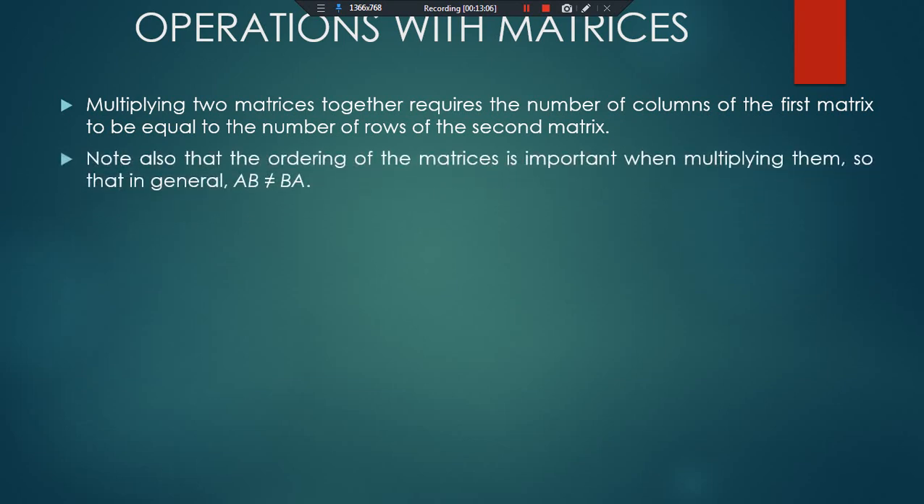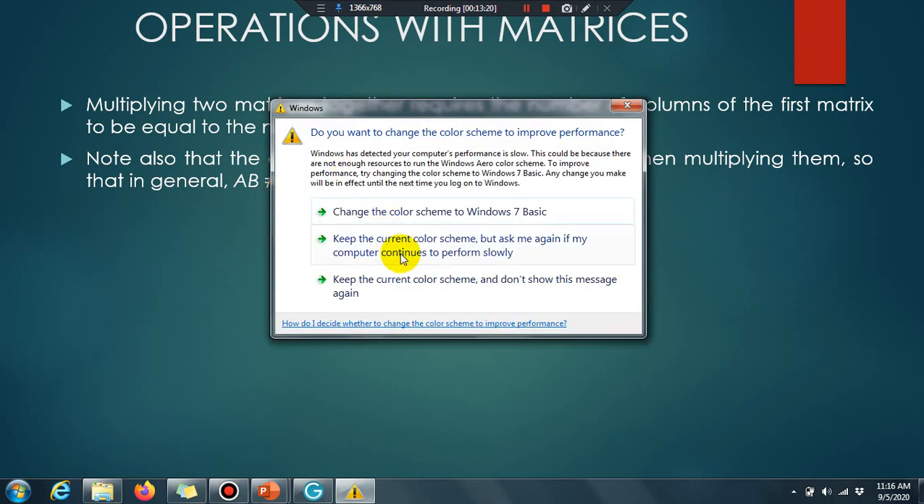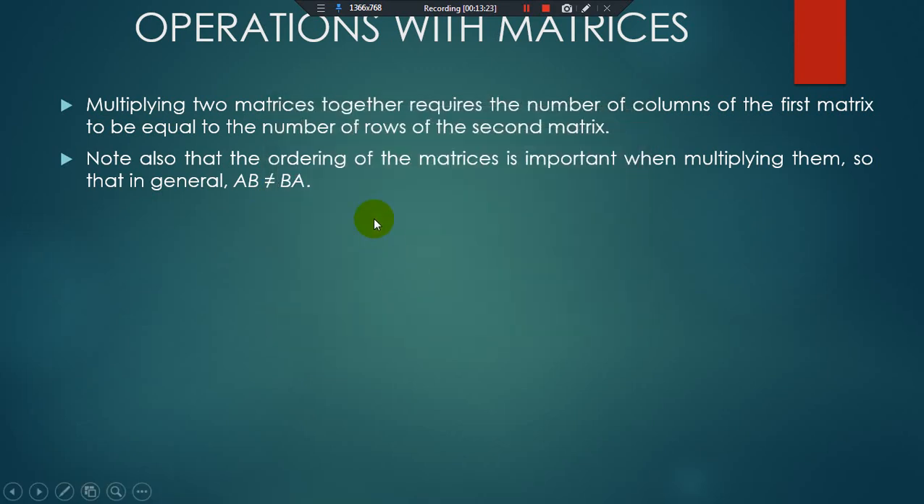Note that the ordering of the matrices is important when multiplying them. In general, if you are multiplying A and B, the answer will not be the same as B and A, because the order of A and B will vary, because for the multiplication we have